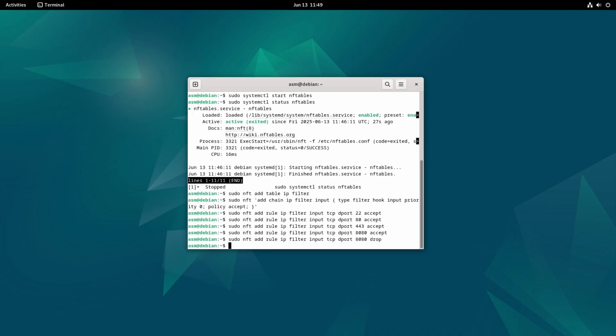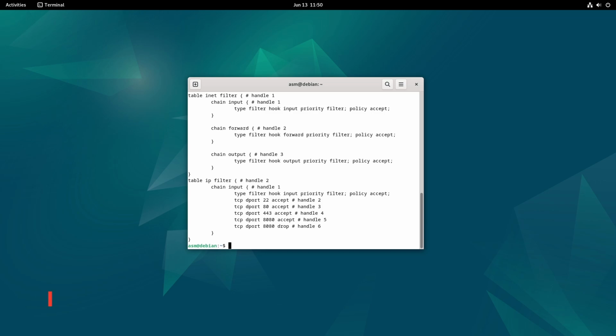Deleting a rule. Delete by handle. First, list your rule set to identify the rule handle. Once you find the desired rule with a handle, for example, handle 5, remove it by